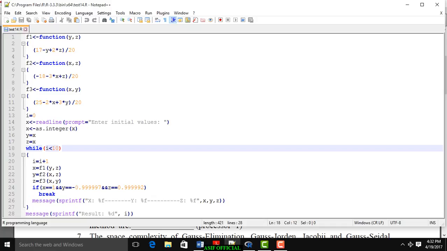Inside, i equals i plus 1, x equals f1 of y, z, y equals f2 of x, z, and z equals f3 of x, y. The condition for breaking is only one: if and only if x is equal to 1, and at the same time y equal to minus 0.97 and z equal to 0.92,